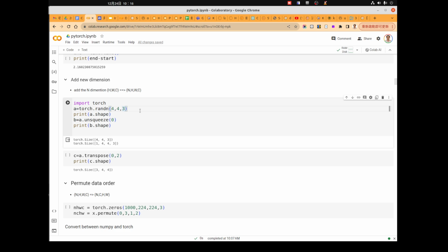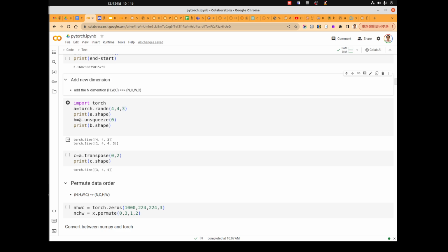But the only thing you need to know here is that we want to put a couple of different images together. In this case, we need an additional dimension. Initially, the dimensions of our object are HWC, and we want to add an additional N here.